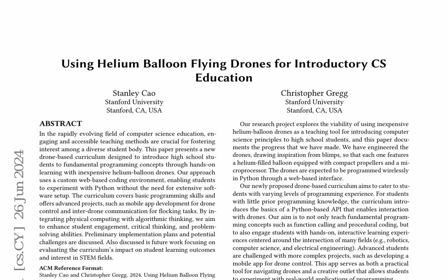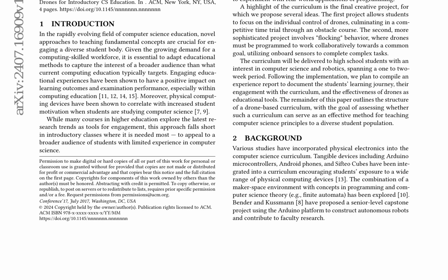The curriculum covers basic programming skills and offers advanced projects, such as mobile app development for drone control and interdrone communication for flocking tasks. By integrating physical computing with algorithmic thinking, the authors aim to enhance student engagement, critical thinking,